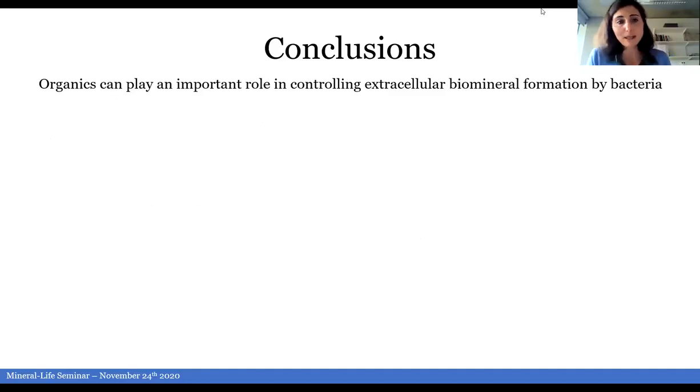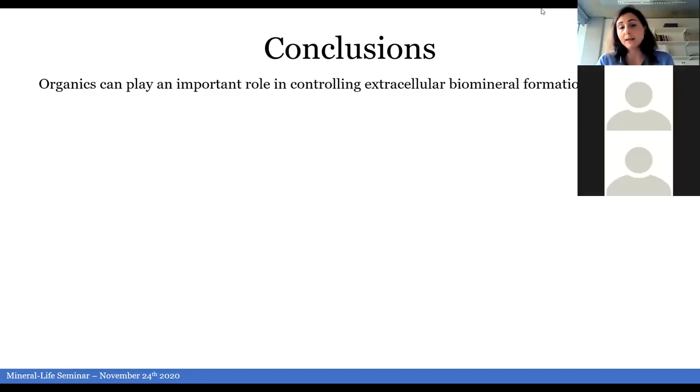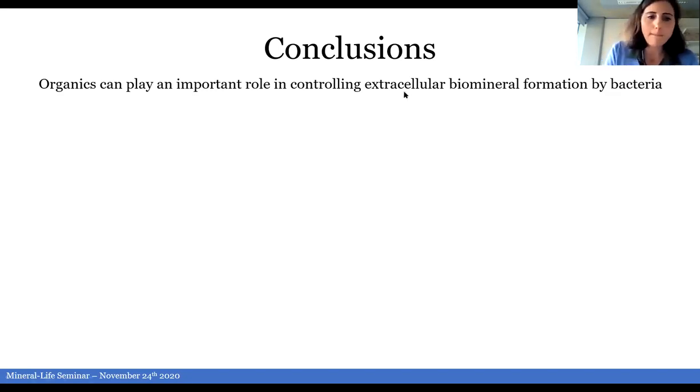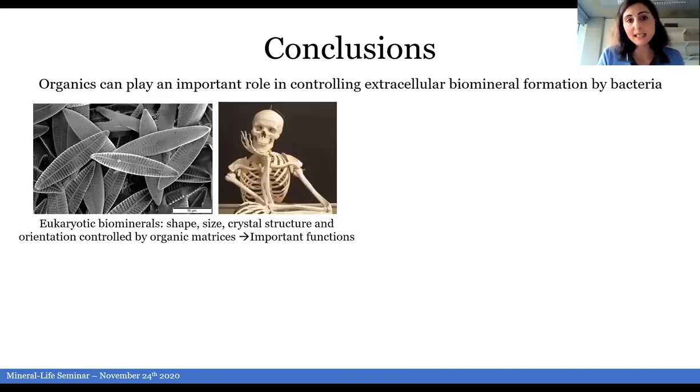So for the conclusion, my take-home message is that I think organics can play an important role in controlling extracellular biomineralization by bacteria. And it is not necessarily a very groundbreaking idea. If we think about eukaryotic biominerals, they are often extracellular, and their formation and their properties, like shape and size and crystal structure and orientation, are strongly controlled by extracellular organic matrices. If you think about the shells of a diatom or our own bones or teeth. And the reason why there is such strong organic control is because these biominerals serve a very important biological function. So they are actually an adaptation, and organisms have evolved